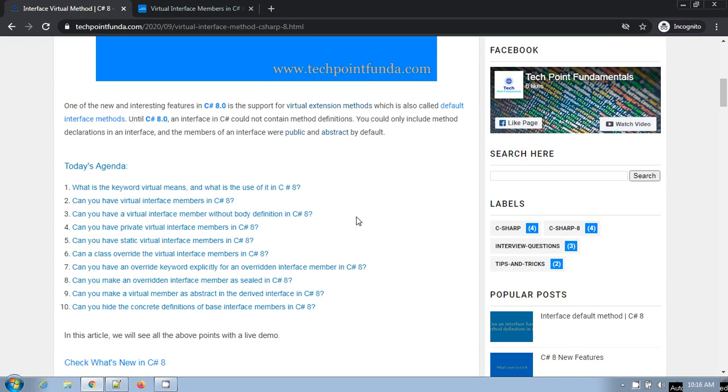This virtual method may be overridden in the derived class or interface, and it has its own default body implementation. If there is no overridden method in the derived class, then the base interface method or base class method will be called automatically.